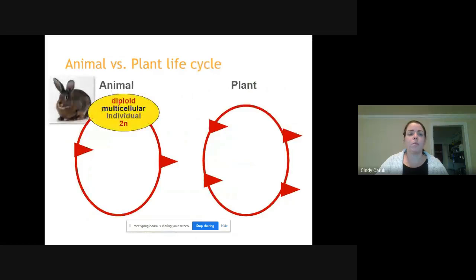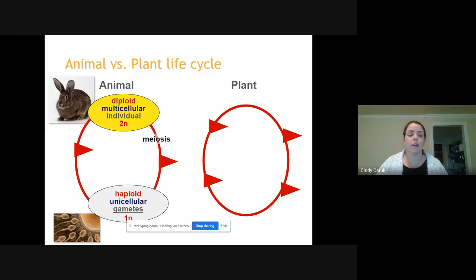So animals, we spend most of our lives diploid, right? And you undergo meiosis to make your gametes, egg or sperm. That's haploid, and we do fertilization to reform a zygote and your new diploid generation that will go by mitosis. Plants, on the other hand,